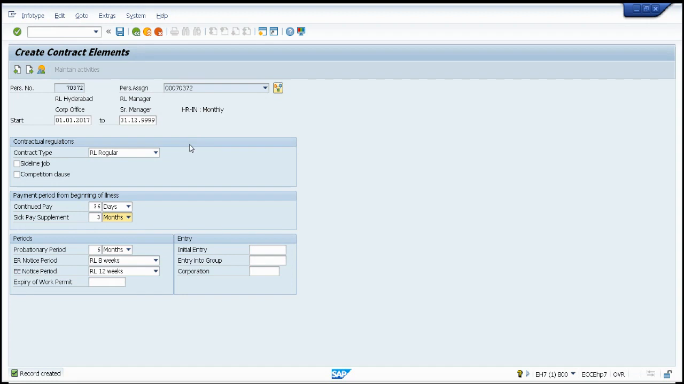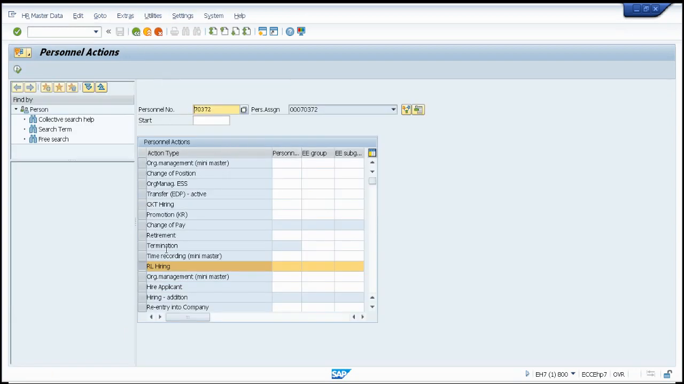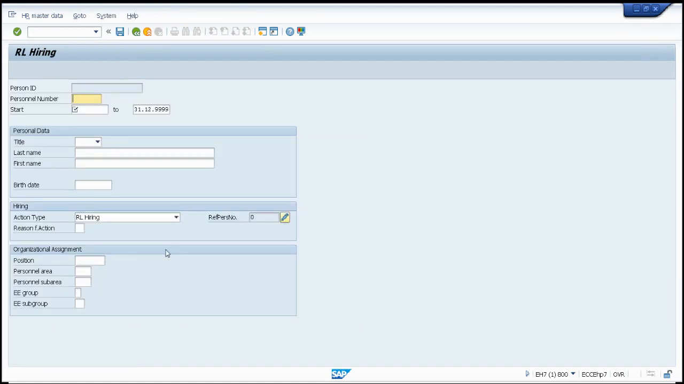It's happening because of the dynamic action that you configured. Otherwise, this won't be working. If I go back and check that, if it is working for other personal area or personal sub area, we can check. Any number, any name, any date of birth you can maintain, and